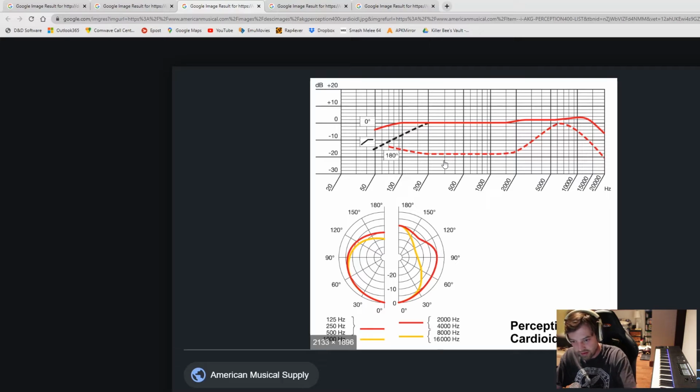So if I was on the opposite side, 180 degrees, this is the type of frequency response you get, which is obviously way below flat. So what you're looking for, if you want true reproduction of audio, is a flat frequency response. And this does fairly well between 100